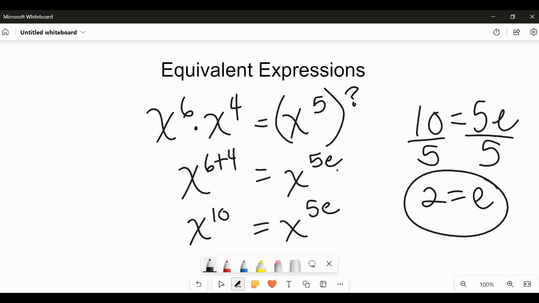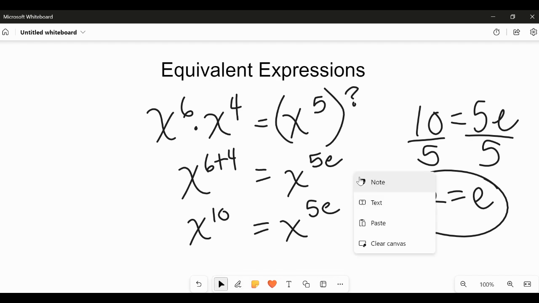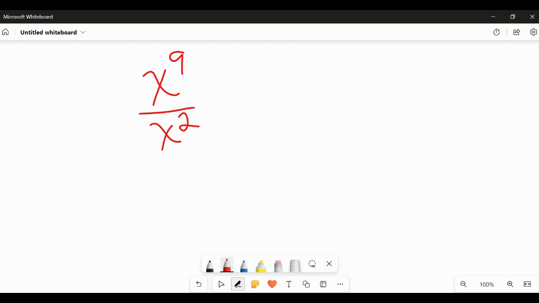All right, so there's one example. Let me try something else. Okay, let's do another one. Let's do x to the 9th divided by x to the 2nd equals x to the 3rd times x to the question mark. Again, same base, right? We're going to subtract the exponents when we divide. So 9 minus 2